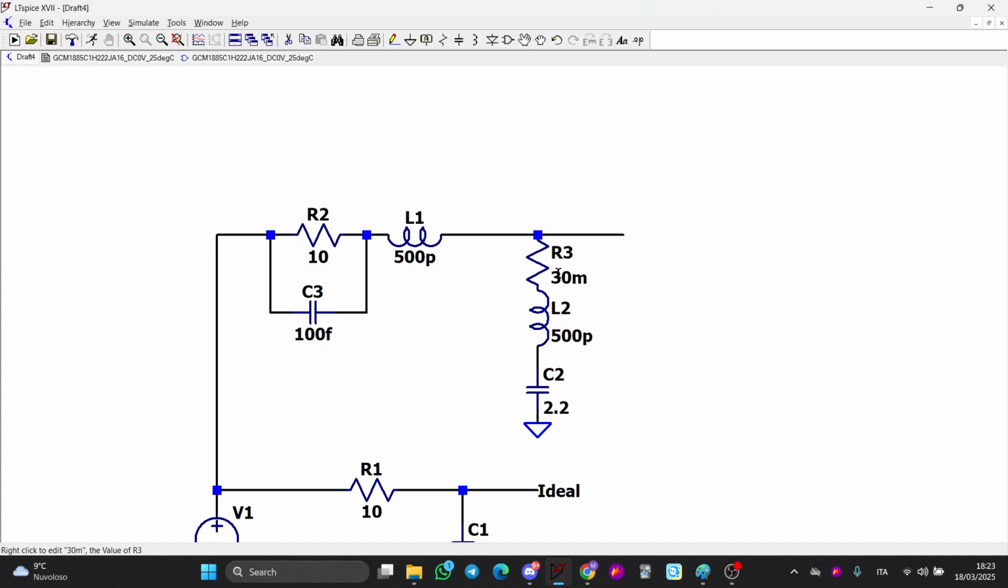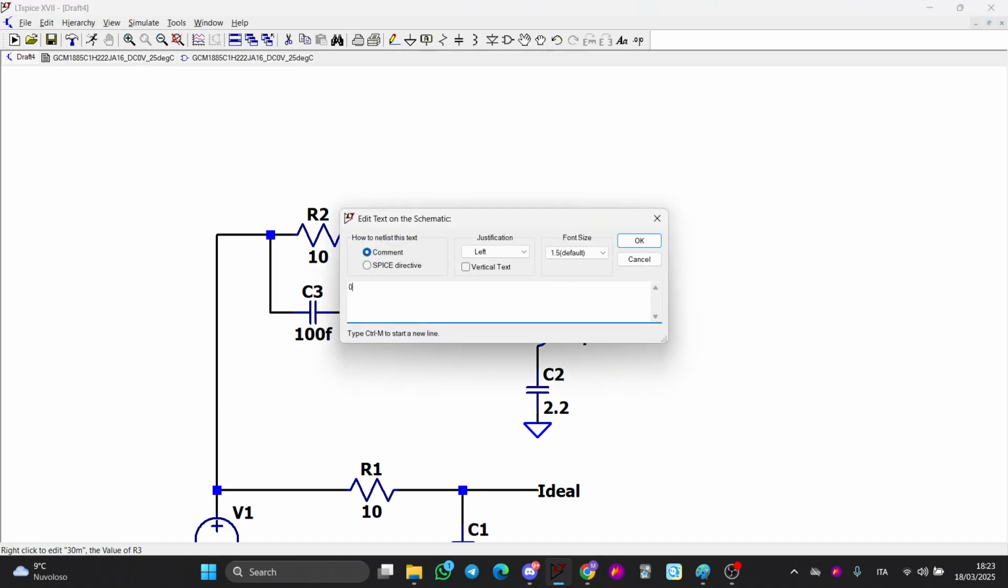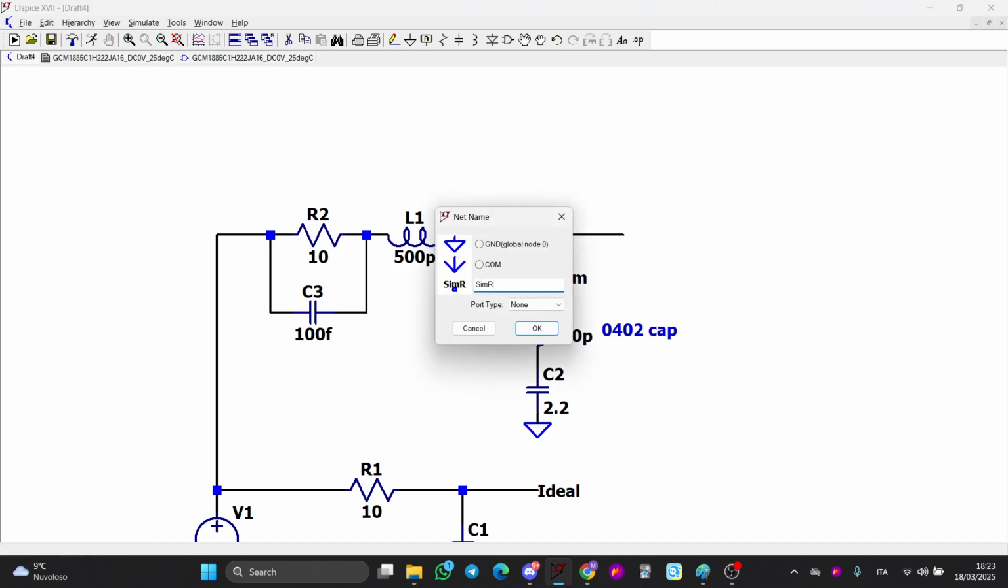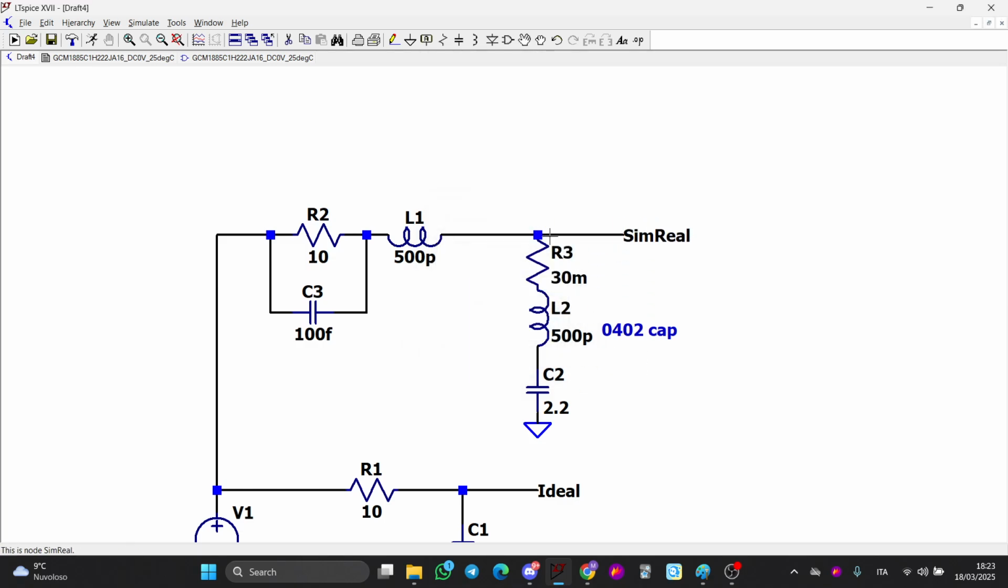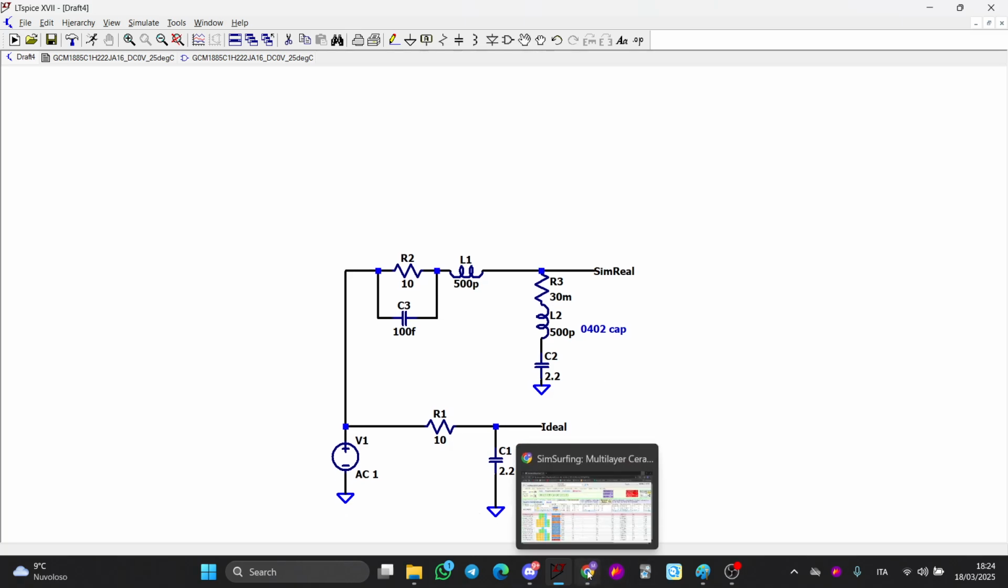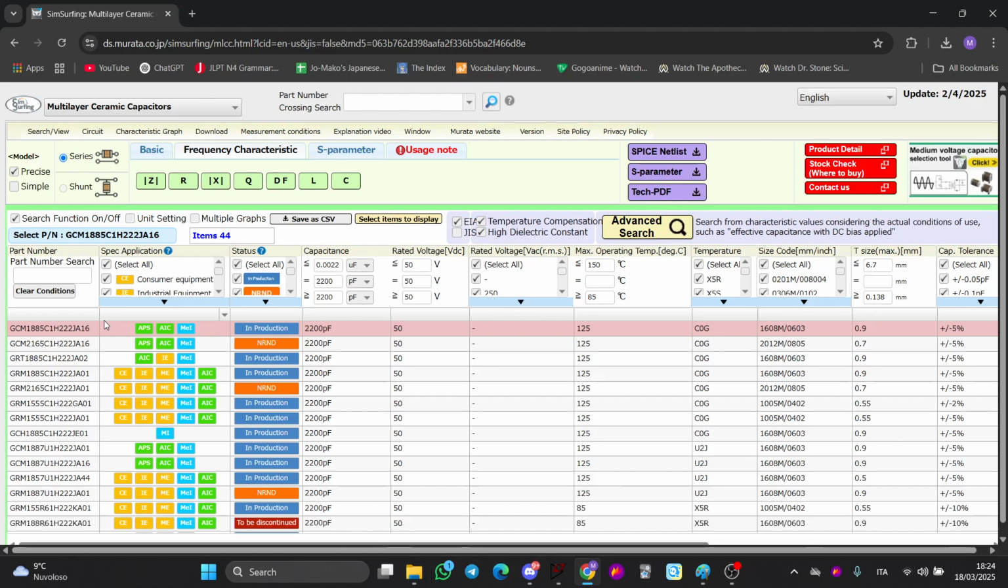Because even though most 0402 capacitors have less ESR than this, in a higher frequency range they even have a higher value than that. So this is a simulated real RC. Now, if you go on SimSurf, like I already have, I selected a 2.2 nanofarad and 50 volts for